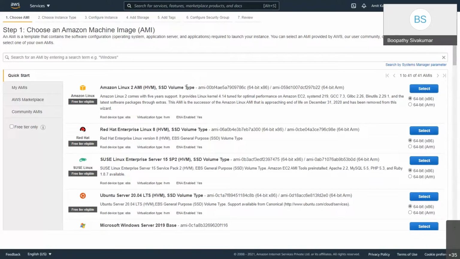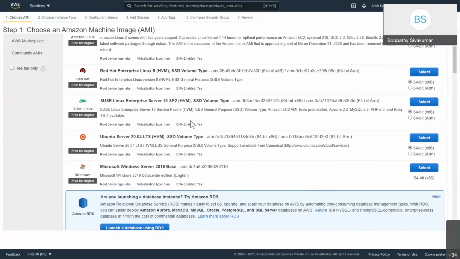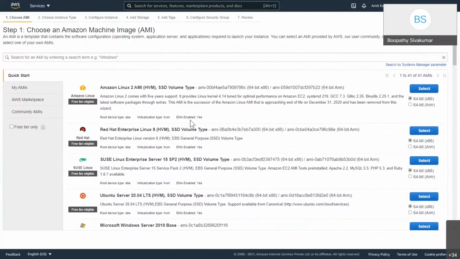That's the term used in Amazon, but in general terms it is an OS, whatever operating system we need. There are a lot of different OS available. For example, on this page we have Amazon Linux, Red Hat, SUSE Linux, Ubuntu, and Windows. There will also be descriptions of what this particular OS or AMI has in it.